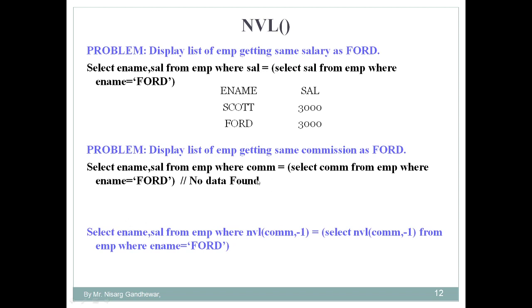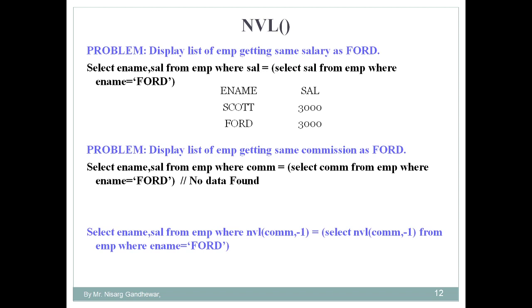So here what we have done, this query is the same as this one, but only one change is over here. Here we need to apply the NVL function. So we apply the NVL function on this commission and make its value as -1. Now why have I taken the value as -1? One thing you need to understand is that you don't have to take any random value or a value which is already present in the table.